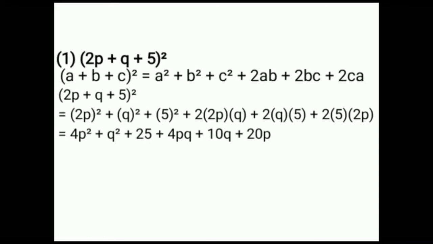Multiplied. 2 2s are 4. 4 into 5p into q is 20pq... plus 2 into q is 2q. 2q into 5p is 10qp, plus 2 into 5p, 2 5s are 10. 10 2s are 20. 20 into p into p is 20p square. This is the final answer, because all these are unlike terms, you cannot add and subtract the unlike terms.